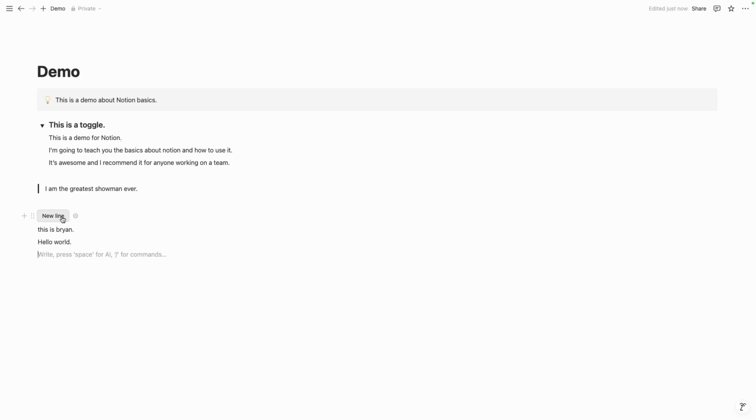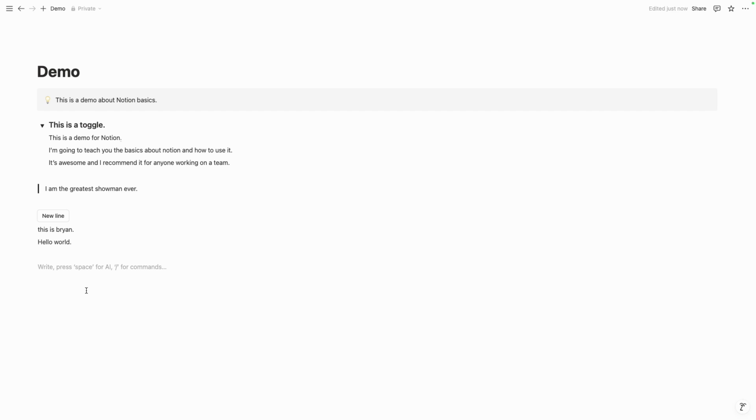I've used it to create new records in databases. You can create a set of things that happen with buttons. The button feature is way better in Notion than it is in Airtable. And I've said this before, not on this video necessarily, and I will say it multiple times: in my opinion, Notion is superior to Airtable because of the flexibility it has to customize everything a little bit better. There are some things that Airtable does better,